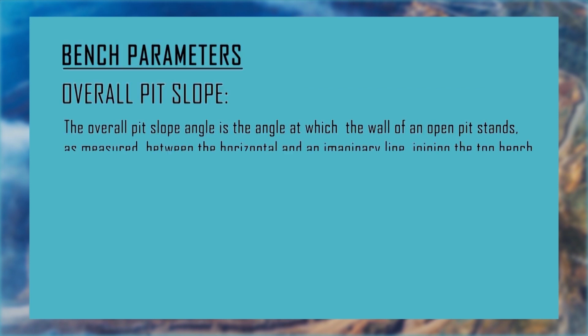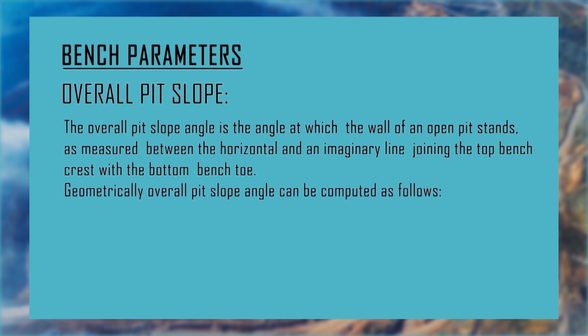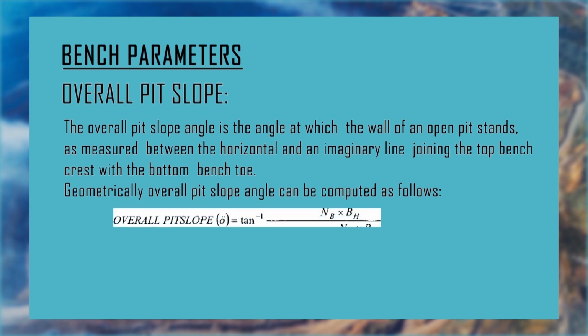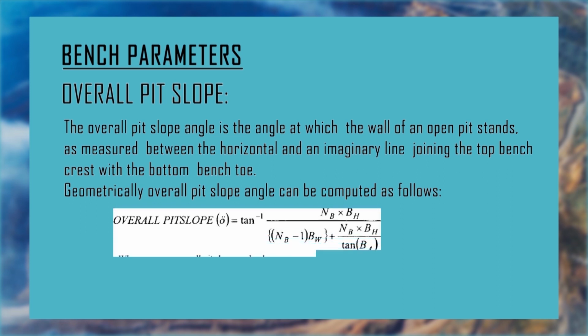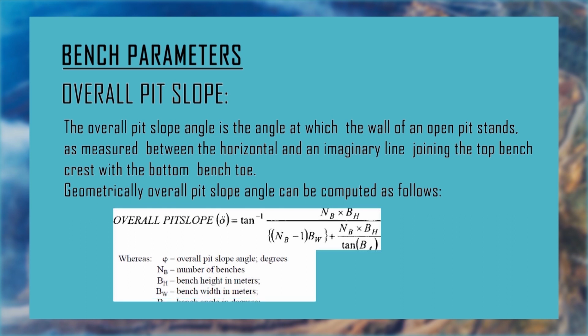Again, bench parameter. We come to overall pit slope. Overall pit slope is the angle at which the wall of an open pit stands as measured between the horizontal and an imaginary line joining the top bench crest with the bottom bench toe. And geometrically, overall pit slope angle can be computed as alpha or delta = tan inverse of